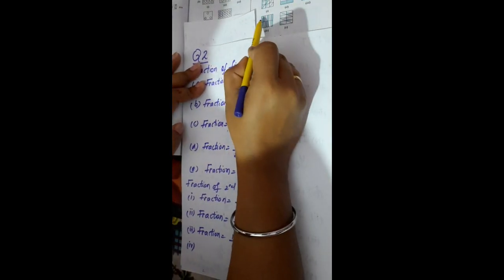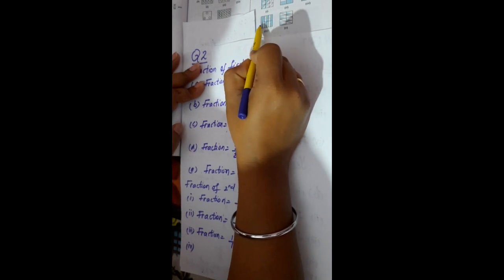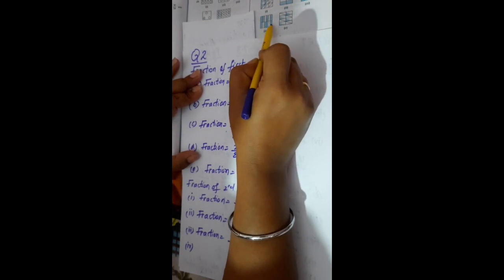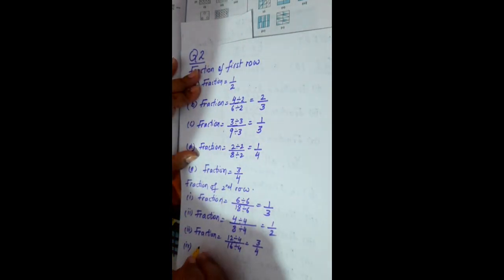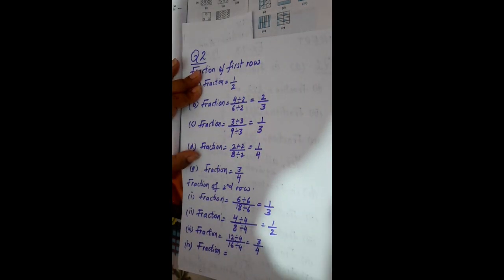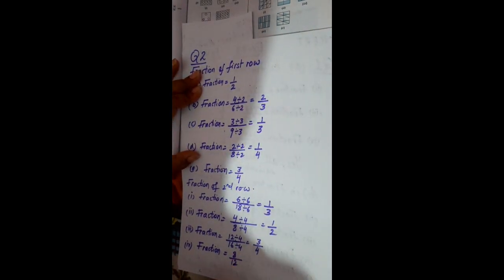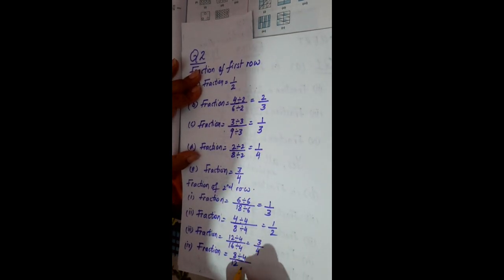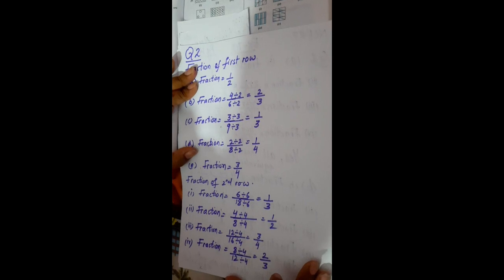Now next we have fourth part. In fourth part, we have 1, 2, 3, 4, 5, 6, 7, 8, 9, 10, 11, 12. Total 12 equal parts. And out of 12, how many parts are shaded? That is 8. So the fraction of fourth part is 8 upon 12. As 8 and 12, numerator and denominator both are divisible by 4. When you divide 8 by 4, you will get 2. When you divide 12 by 4, you will get 3. So the fraction of fourth figure is 2 upon 3.